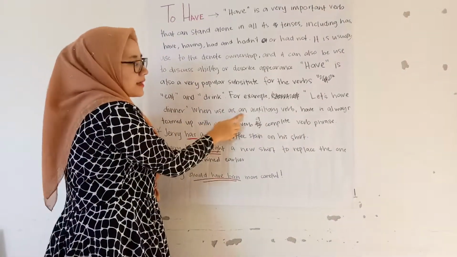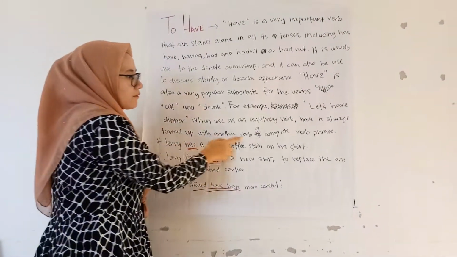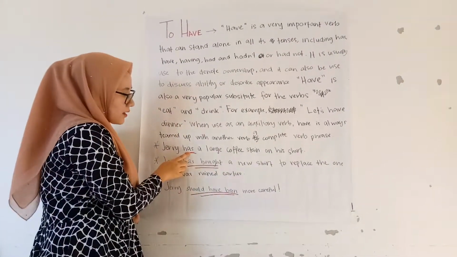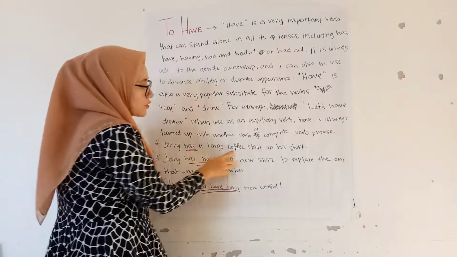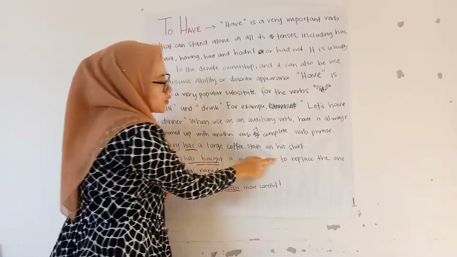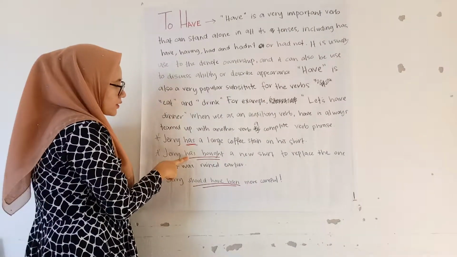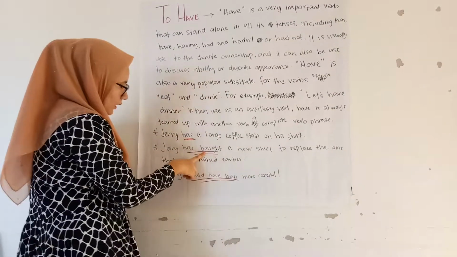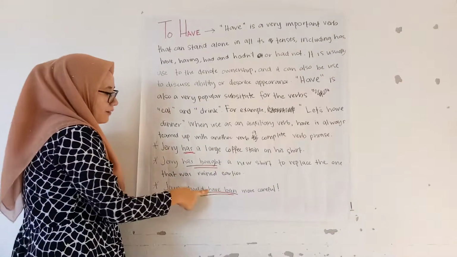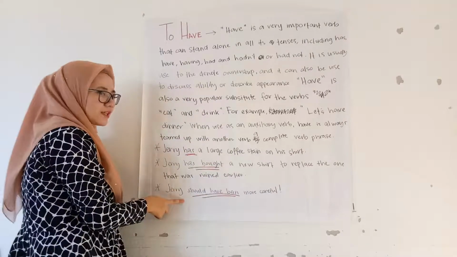When used as an auxiliary verb, have is always teamed up with another verb to form a complete verb phrase. For example, Jerry has a large coffee stain on his shirt. Jerry has bought a new shirt to replace the one that he was wearing earlier. Has is an auxiliary verb and bought is a verb. Jerry should have been more careful. So should have been is the verb phrase, and should is the